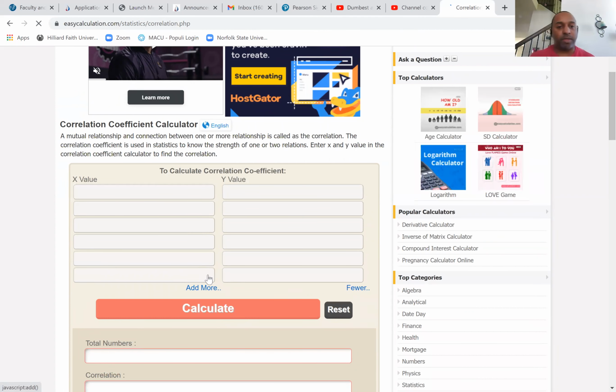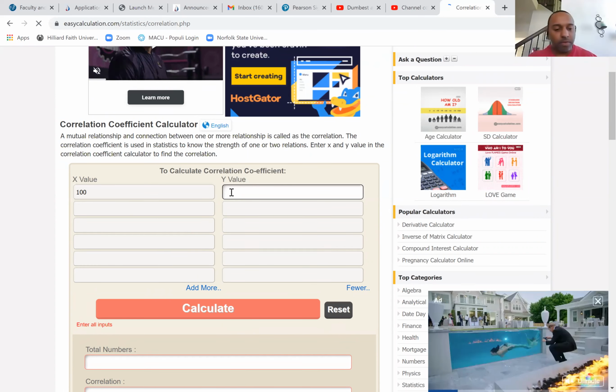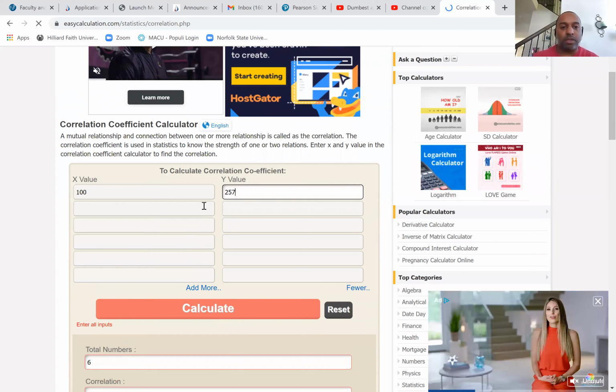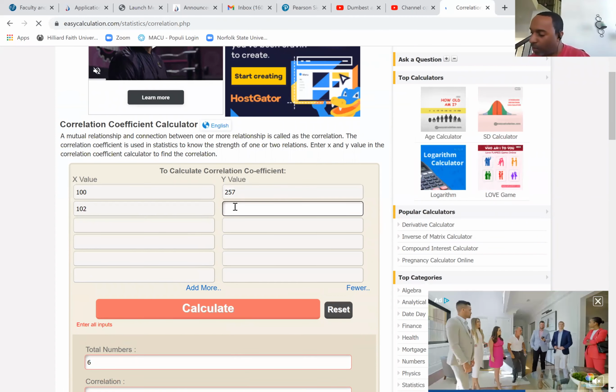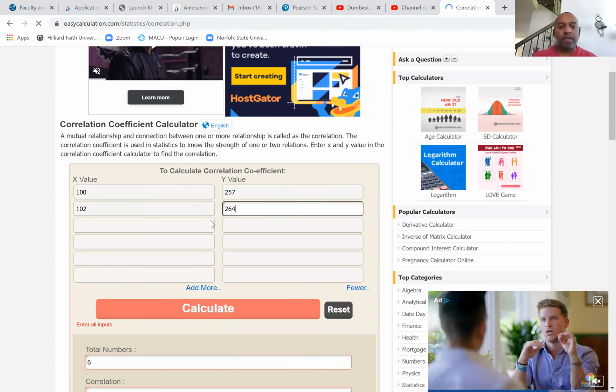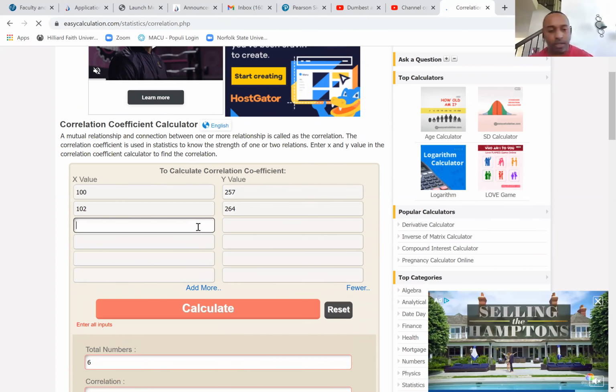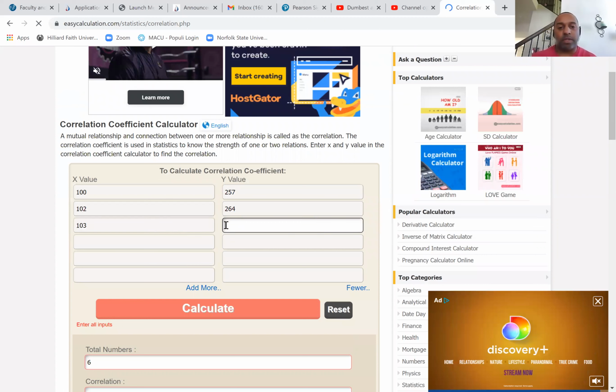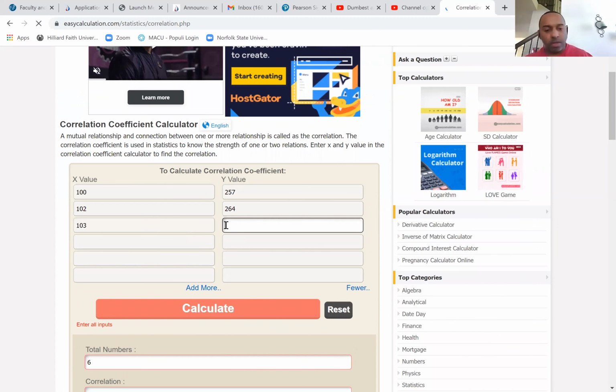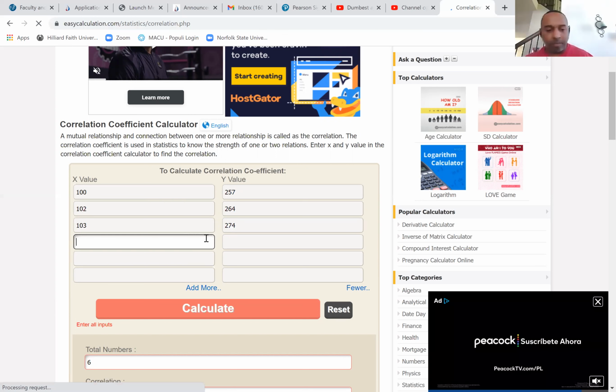I'm going to put in those data values real quick. I just want to show you how easy this is to use. If you are doing more than typing in values and hitting enter, then you're doing too much. In other words, if you decide to use another app or a website or something like that,